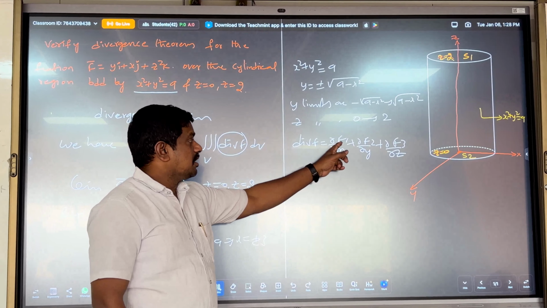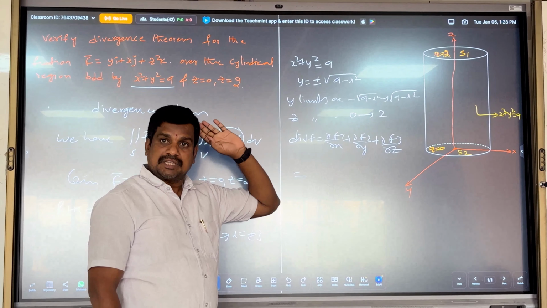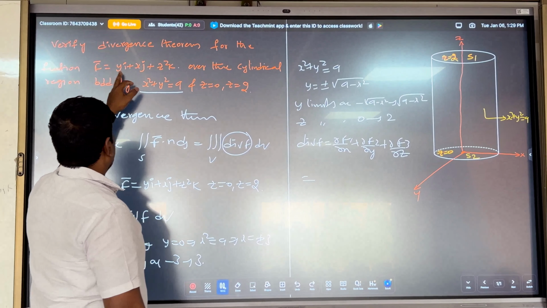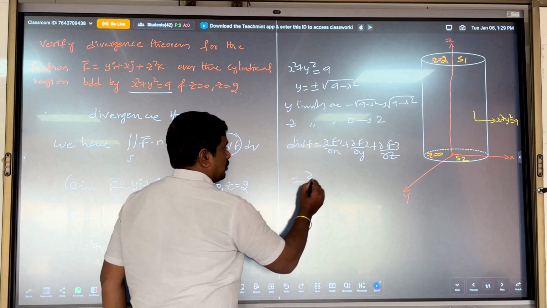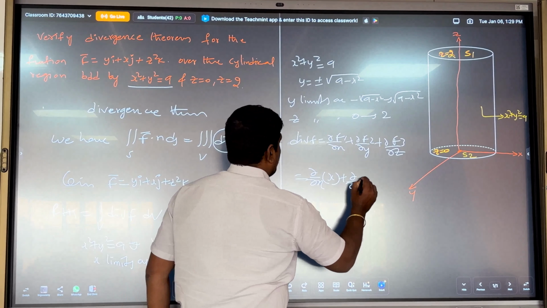Here, f1, f2, f3 are the coefficients of the i, j, k terms in the given function. What is f bar here? yi plus xj plus z square k. What is f1 here? So dou by dou x of x plus dou by dou y of